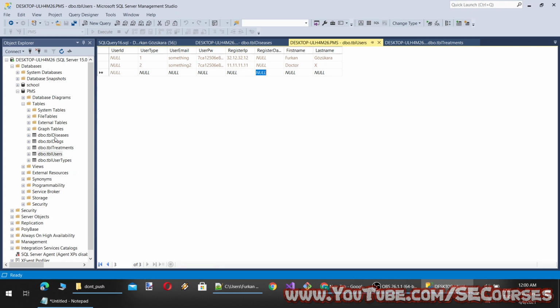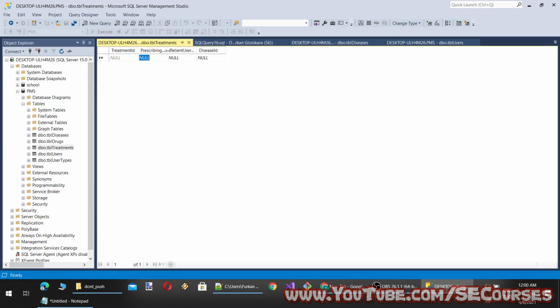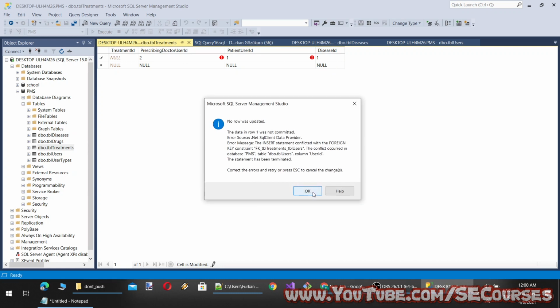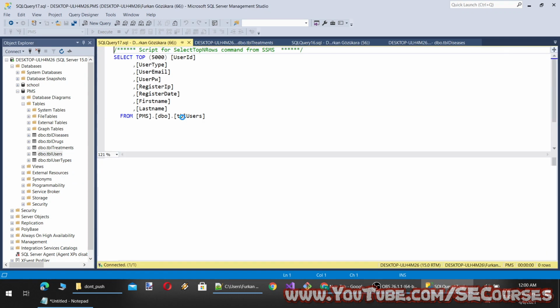Now we can add a treatment. Okay. So the treatment ID will be automatic. So the doctor ID will be 2, patient user ID will be 1, disease ID will be 1. Okay, let's see. Don't we have two users?